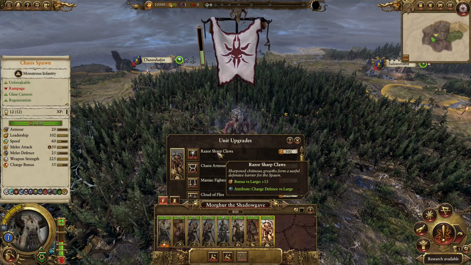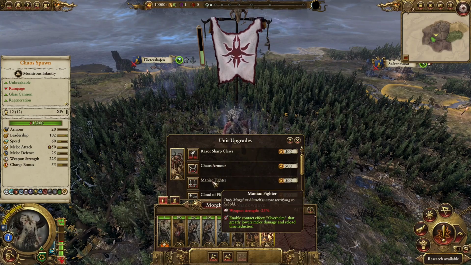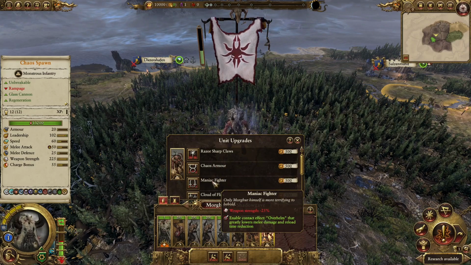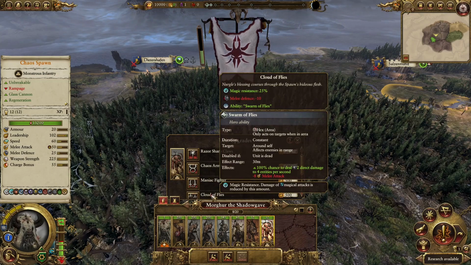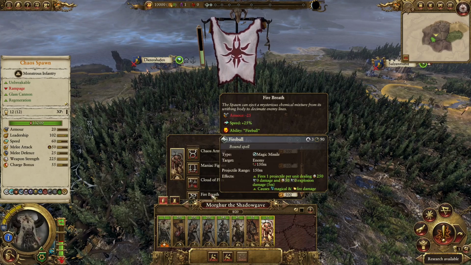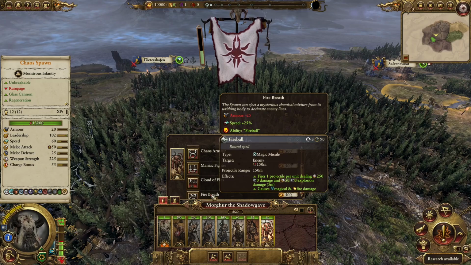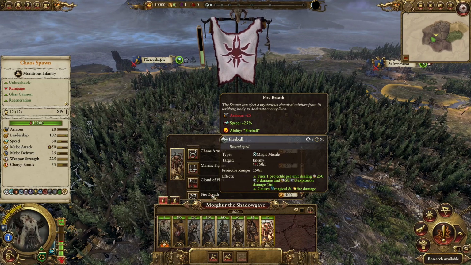You got Razor Sharp Claws for some anti-large, Chaos Armor which gives them some armor, Maniac Fighter which gives them Overwhelm which lowers enemy damage and reload skill on contact, Cloud of Flies which gives them a Mortis effect which also lowers enemy melee attack, and Fire Breath which increases their speed and gives them fireballs, and each of the models shoot a fireball so they can delete some units. Most of the upgrades come with a bit of a drawback, but they all have their use and definitely outweigh